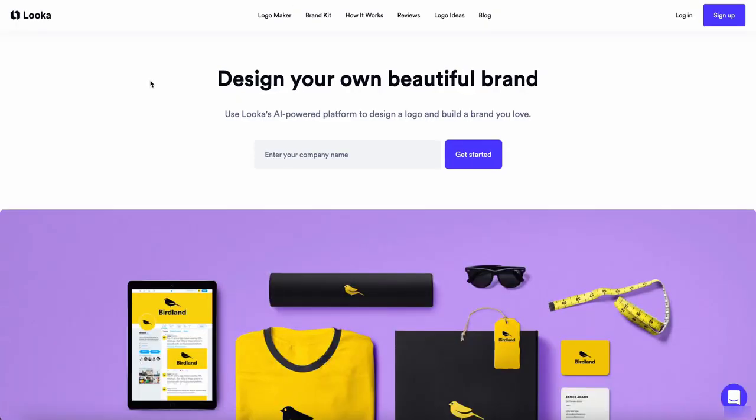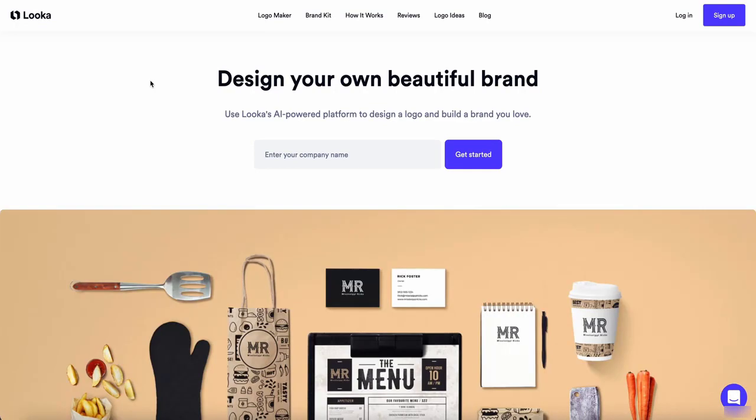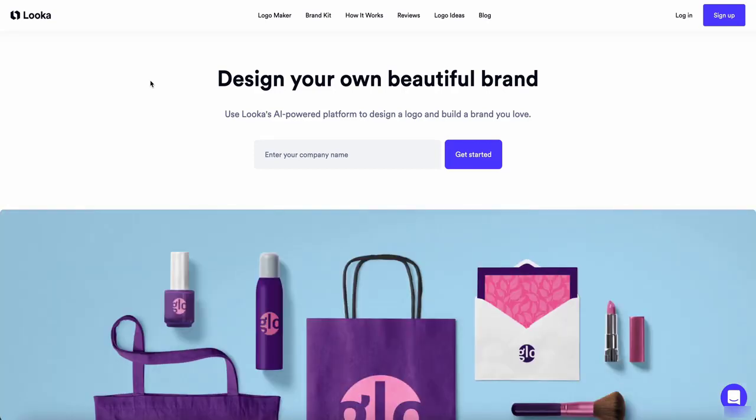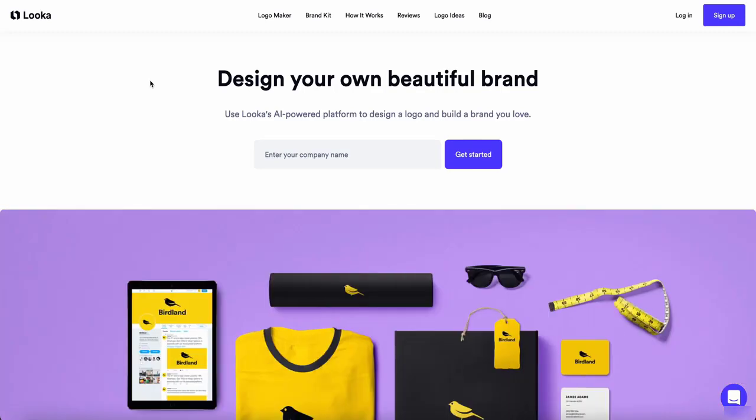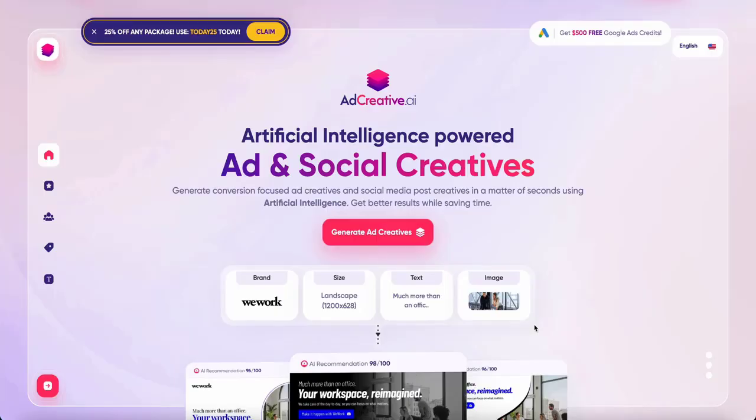It can design a beautiful brand for you, and you can play with it, and in a few minutes, maybe 1 hour, 2 hours, you can get really nice branding. So I hope you will find this useful, and that if you need to build up some branding, it will be beneficial for you.